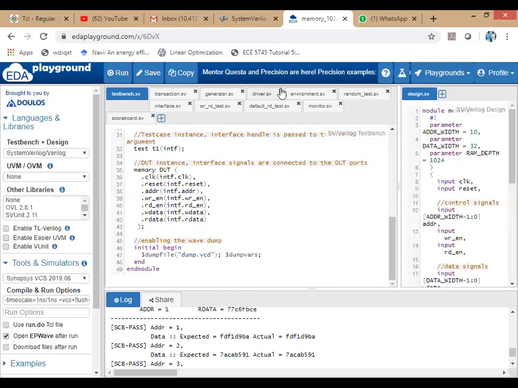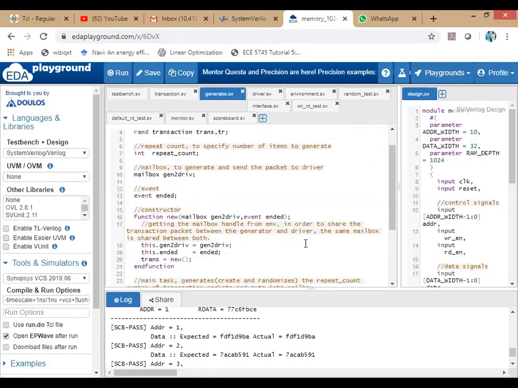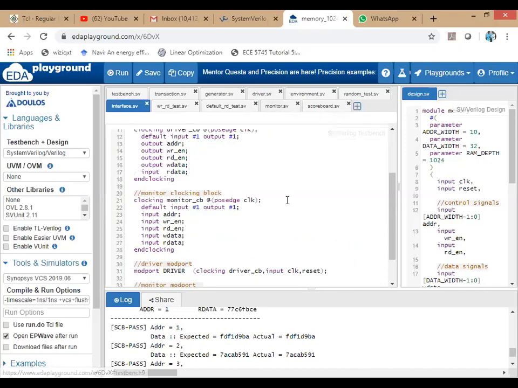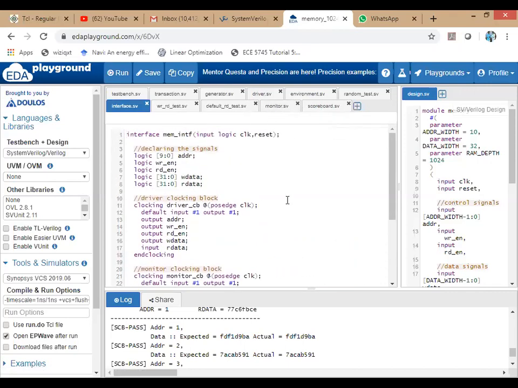The main components of the test bench are the generator, which helps generate the different input stimulus to be driven to the DUT, and next the interface, which contains the design signals that can be driven or monitored. And next is the driver. The driver is a verification component that does the pin wiggling of the DUT through a task defined in the interface.